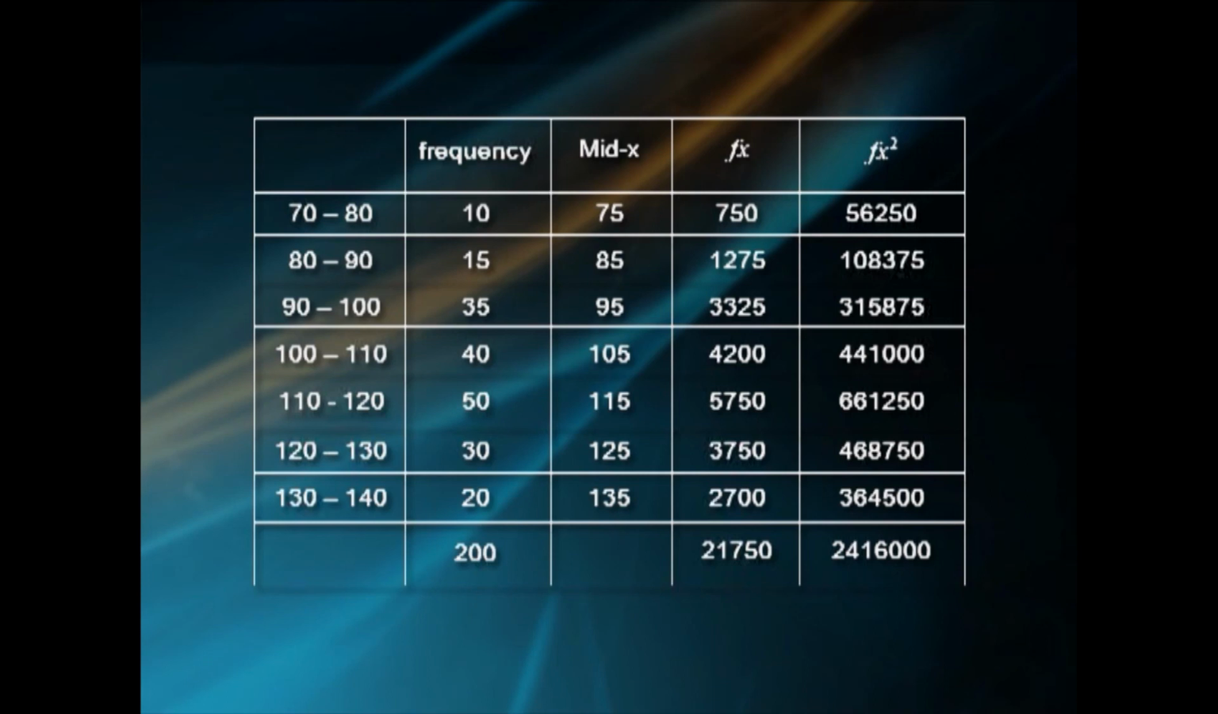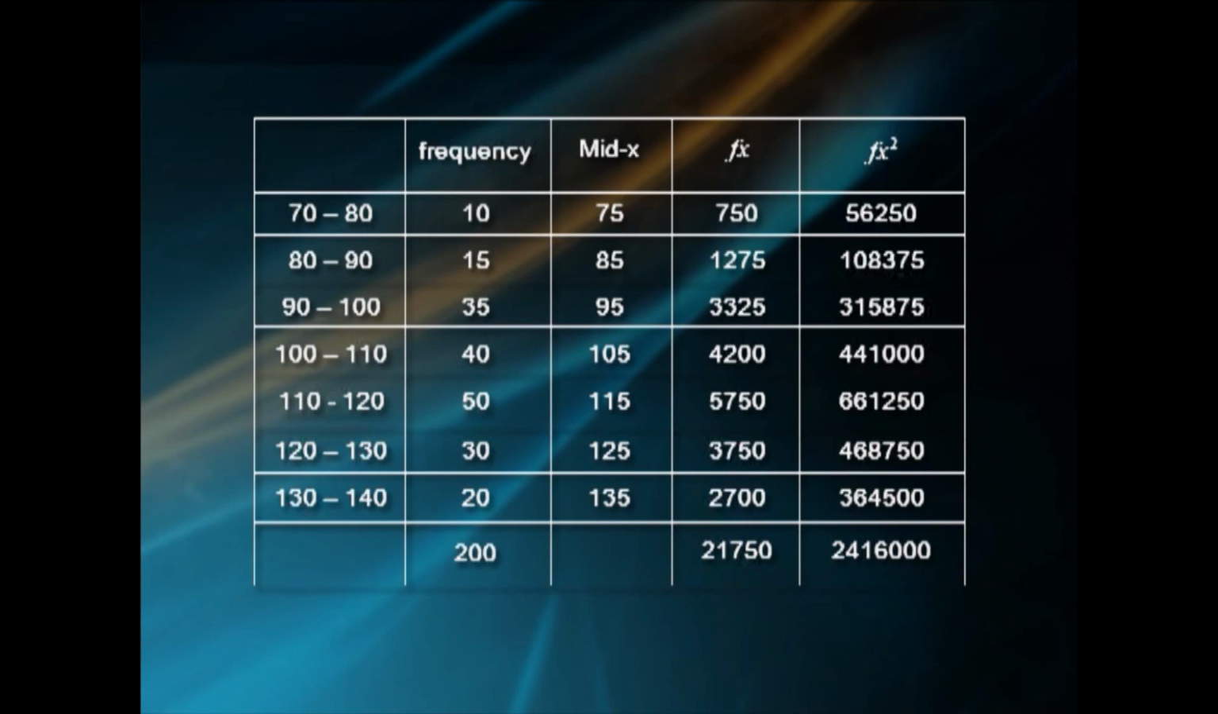120, 120 to 130, 130 to 140. The corresponding frequencies 10, 15, 35, 40, 50, 30 and 20, where total frequency is 200. Mid values of the classes, x values: 75, 85, 95, 105, 115, 125 and 135. Fx values: 750, 1275, 3325, 4200, 5750, 3750, 2700. Total 21750. Fx square values